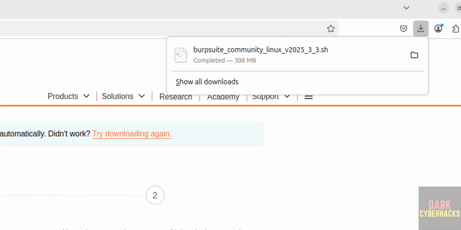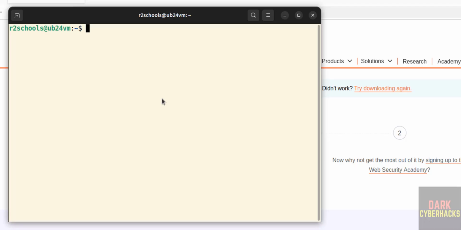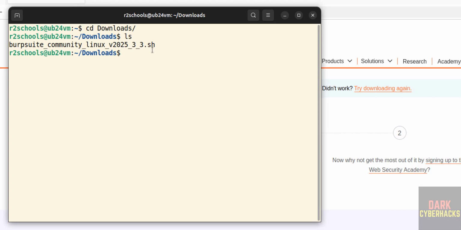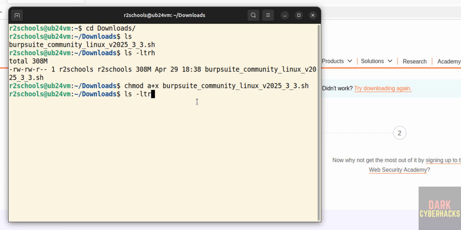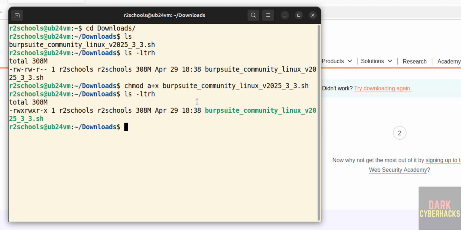See, download is completed. Now open terminal. Go to downloads. See here we have the sh file. We have to install it. ls -ltrh. So first we have to grant executable permissions. chmod. Now install it. Sudo